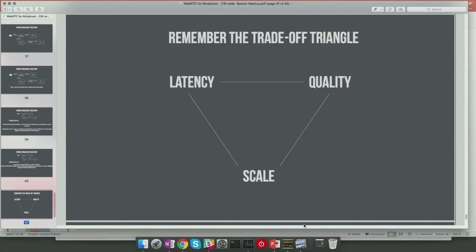So the point is, when you think about your video streaming apps and what you require from this trade-off triangle, whether your latency is important, quality is important, or if you're trying to get good scale, it's important to consider all these factors and pick the appropriate tool. After all, in the browser and mobile, we have all these tools available. We can build some cool apps and build great experiences. So thanks a lot.